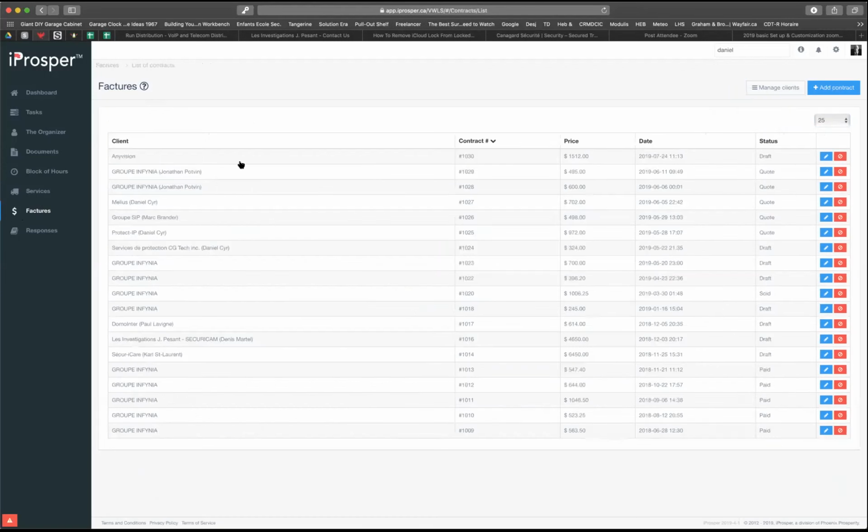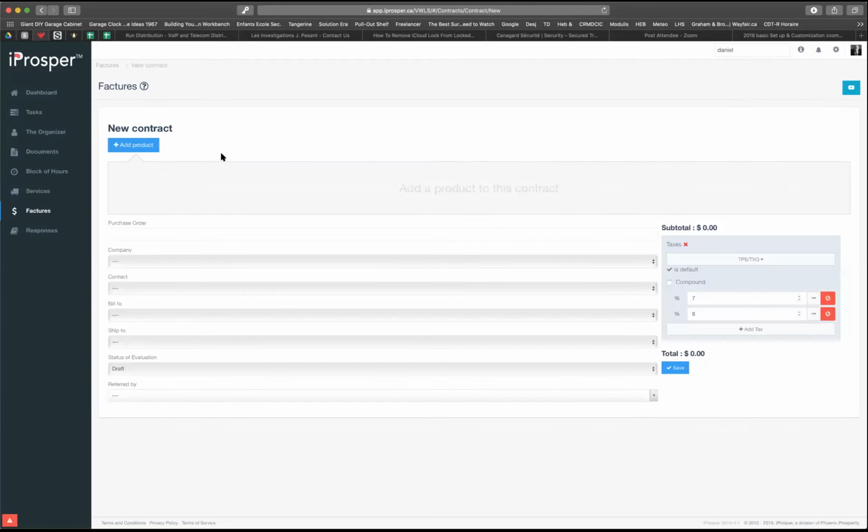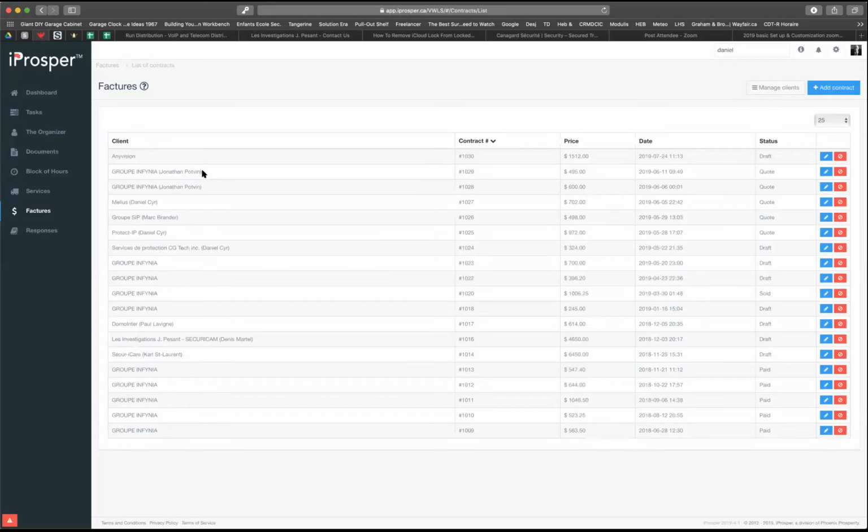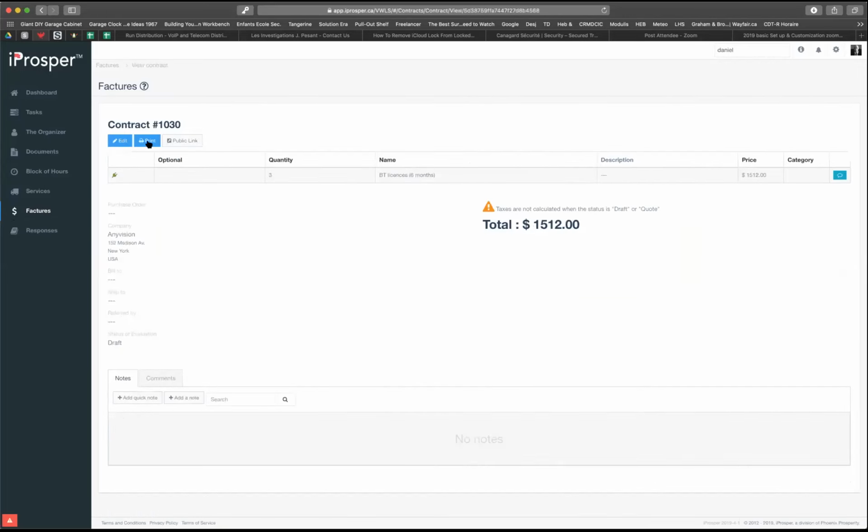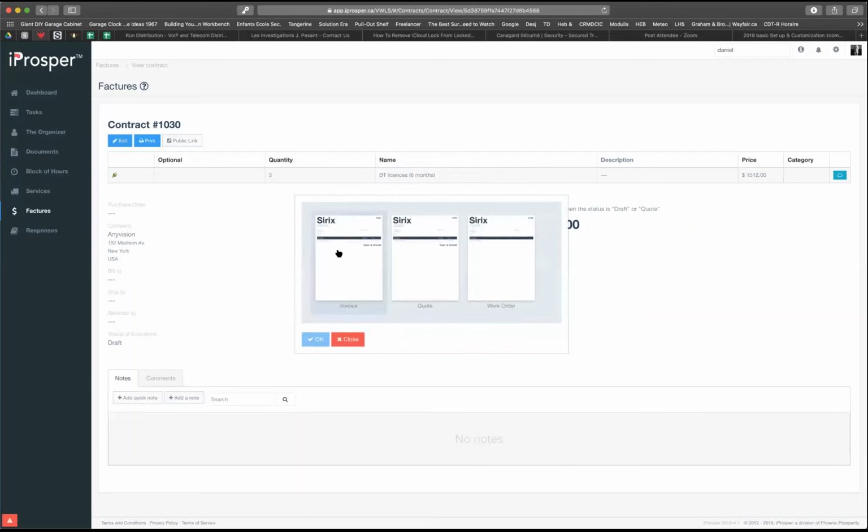So the contract, same concept. It's called the contract section because when you go into one that's already opened up, you can print an invoice, a quote, or a work order. That applies mostly to service companies, but there are also some advisors that do charge consulting fees. So this is a good way to track them with the block of hours, the services, and the invoices and quotes, because the services allow you to really detail